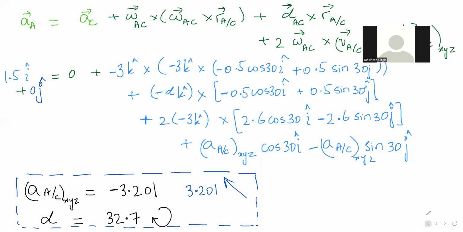Then you compare the i with the i and the j with the j. So no matter what the sign is, we will get the same values, but just a different sign. For example, if I didn't have minus alpha k there. If you had assumed anti-clockwise and your alpha had been positive there, then here your answer would have come out to be negative. And the maths would have told you that your values were mistaken.